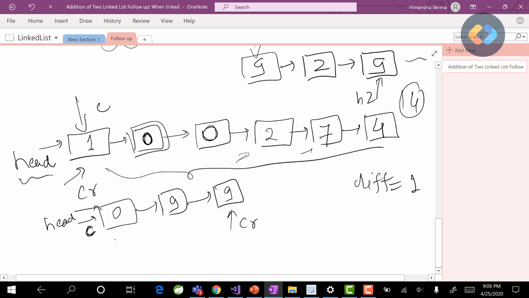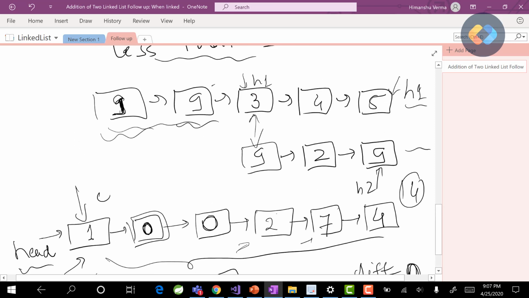After that, again we'll check if this value is less than 9. No, this value is not less than 9, so carry will remain the same wherever it was, and after this diff will become 0, right? So now we can start adding nodes from both of the lists.